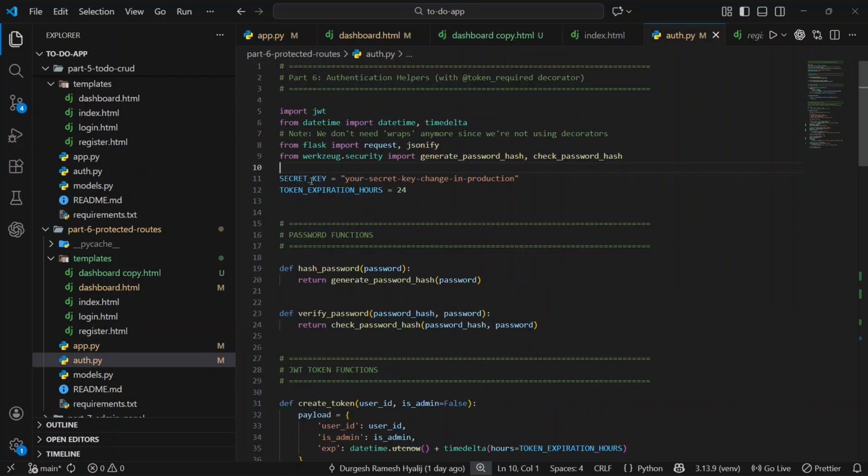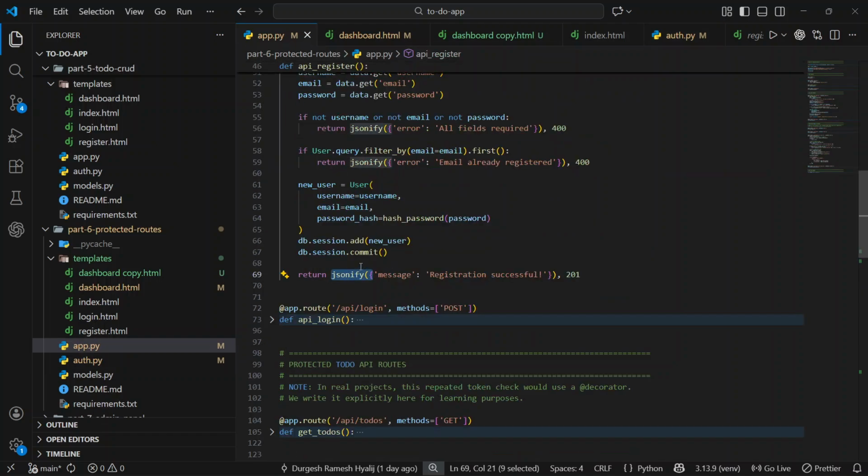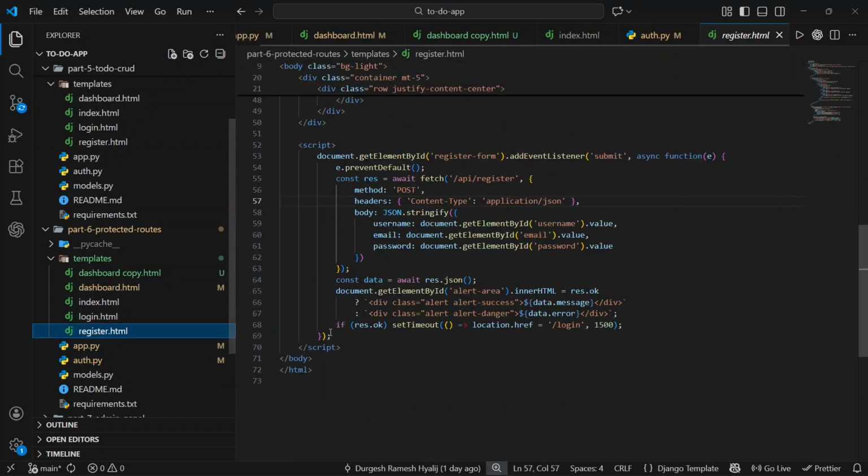So in the app.py, sorry, in the registration.html, that data comes and will be stored here, in the JSON format as well. Its actual format is also JSON in the data, and here it is also stored in JSON format in the data. So if all things are okay, it will then print response.ok,